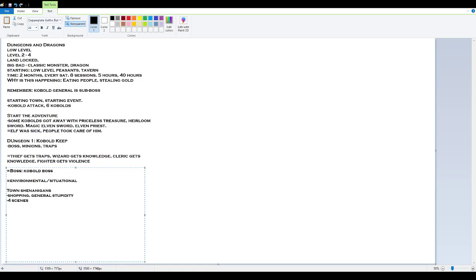And these 4 scenes are just generic free-floating scenes. They are going to be things like you walk by and a flower girl is selling flowers, okay? They are going to be things like the town drunk picks a fight with you, okay? Or a pickpocket tries to steal from you, or whatever. These are all things that are completely by themselves innocuous things that just add a little bit of flavor to the town. I would like to point out here also that this is your chance to describe a town that